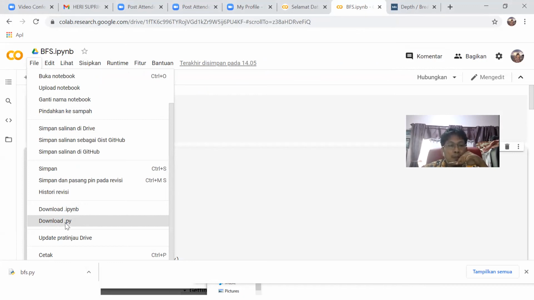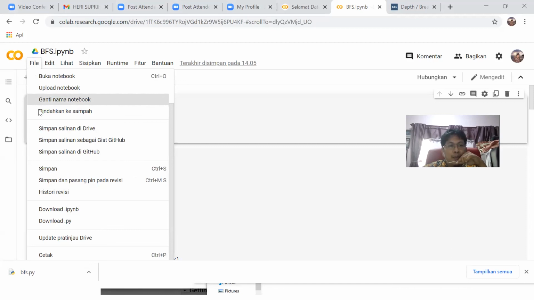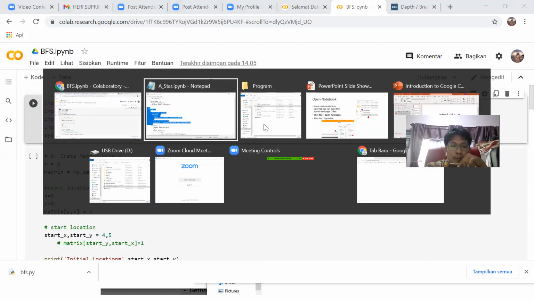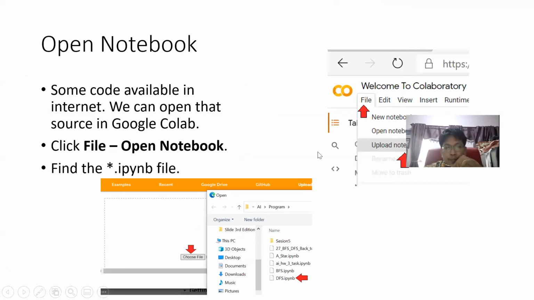But if you want to use Google Colab, you can download the IPYNB as well as open it by uploading your IPYNB file. Okay, next.